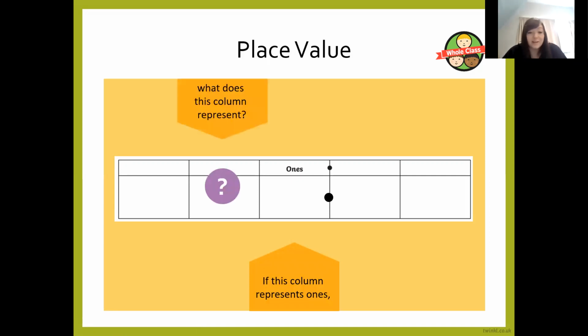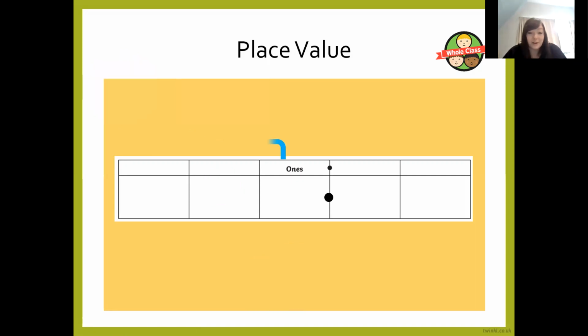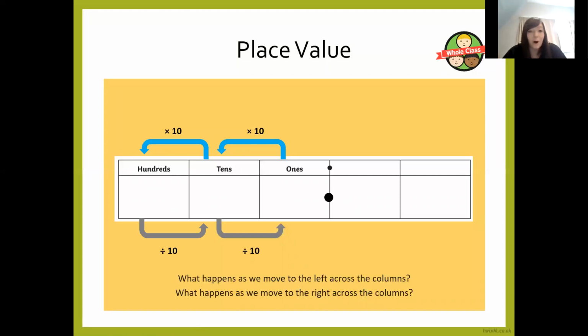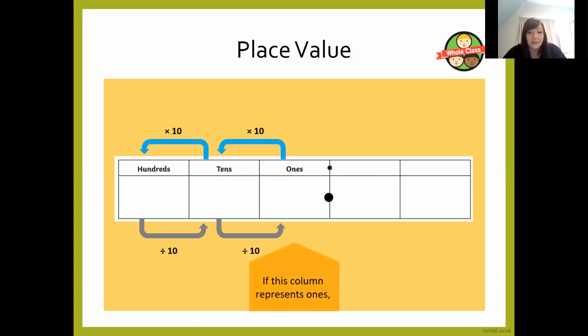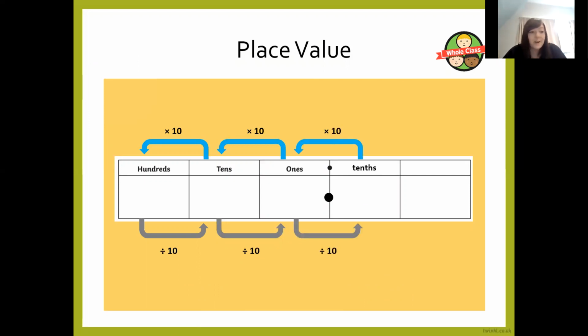We have our ones, then we have our tens, and then we have our hundreds. Now they are all whole numbers. Once we get past the decimal, we are looking at fractions. We're looking at parts of numbers. So here, after the decimal, we have our tenths. So that's the fractions that we were looking at yesterday, when a whole of something is divided into 10 equal